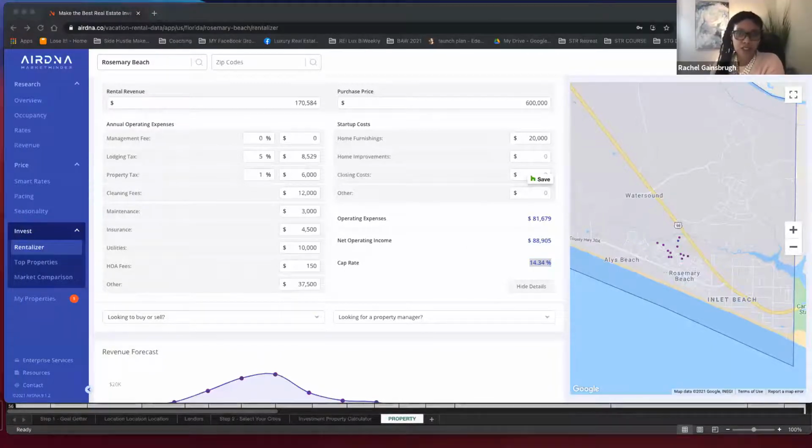So the cash on cash, and we can go over this the next time we get together, but for me, if I can make my cash on cash back within 3 years, for me, it's a good deal. 5 years is a good deal, but 3 years is a good deal as well. And so the cash on cash return on this is going to be,